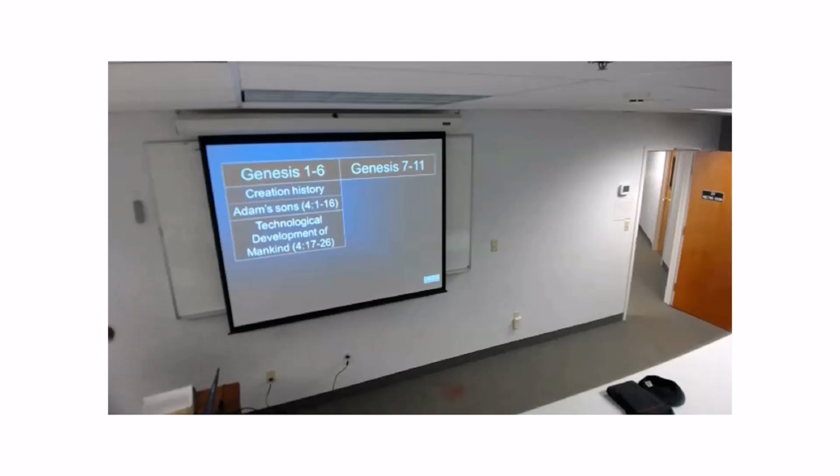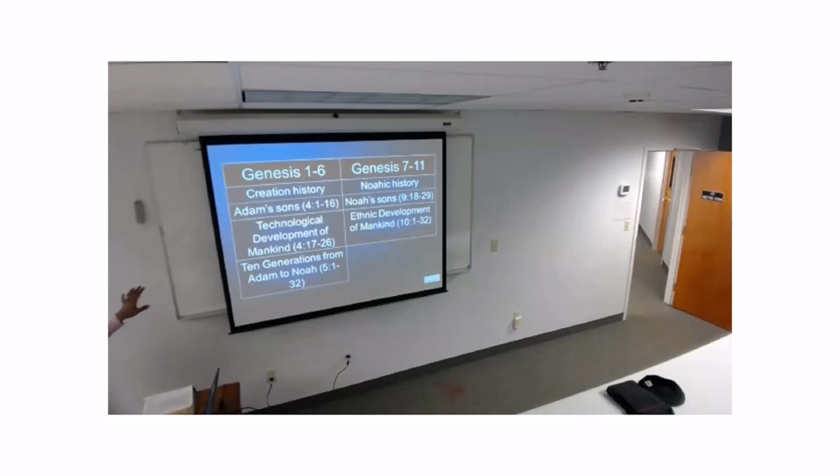So you have the sons of Adam that are listed here. Technological development: you talk about the tools and utensils, the kind of technology that man develops in chapter 4. And then you are given 10 generations from Adam to Noah in chapter 5. Again, not necessarily contiguous. These are 10 that are listed for us from Adam all the way to Noah. And then if you look at Noah's history in chapters 7 through 11, you have Noah's sons given, just like the parallelism with Adam's sons.